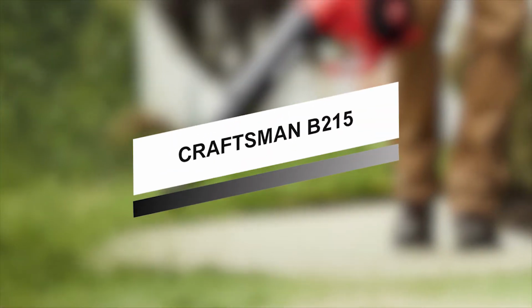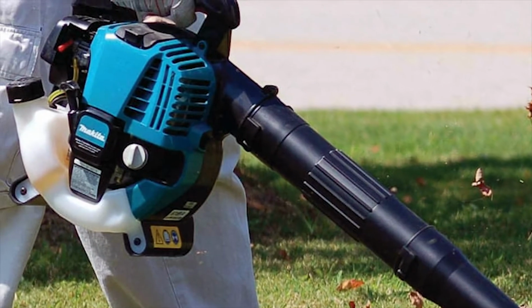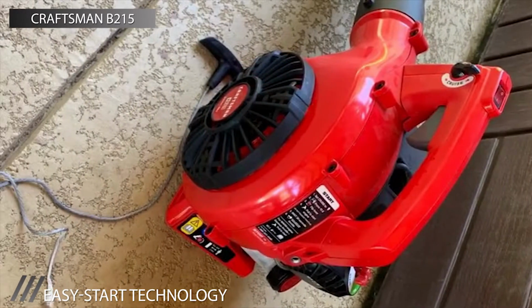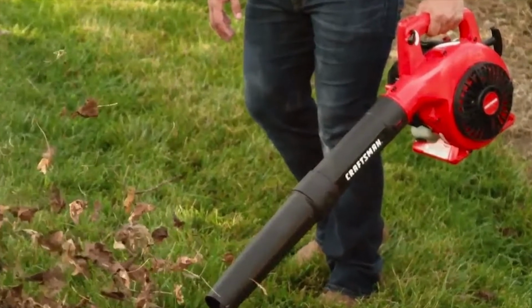Next up, we have an excellent option for you. Let's check it out. This blower offers the convenience and power you desire. Its 25cc two-cycle gas engine is lightweight and powerful, with a high-performance air volume and airspeed. And it comes equipped with easy start technology for more uncomplicated pull starts and easy 3-step starting like prime, choke,